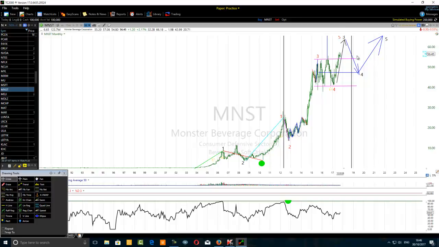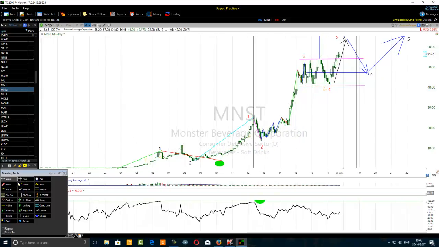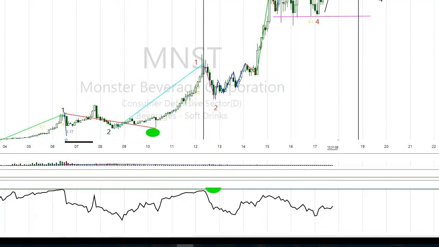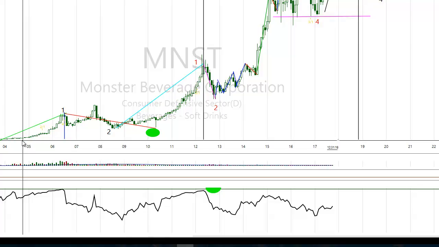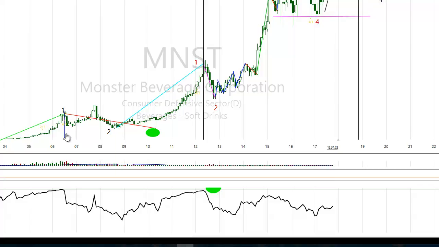All right? So when a fifth wave is underway, we can use either the length or the magnitude of the first wave of a higher degree to forecast the end of that fifth wave of a higher degree. So you measure from the top of the first wave of a higher degree to the low of the first wave of a higher degree. All right, that's the magnitude,